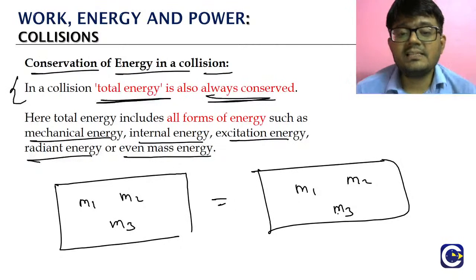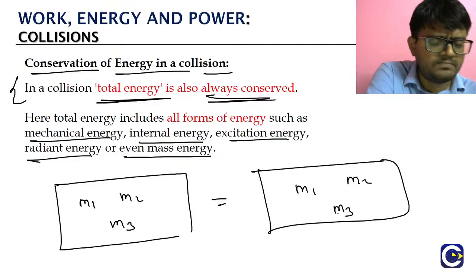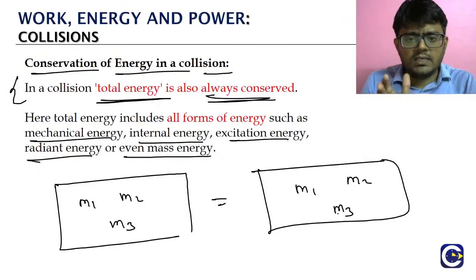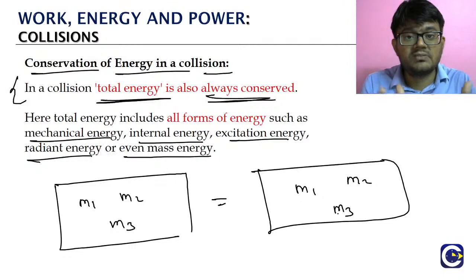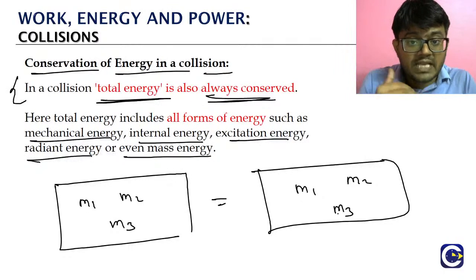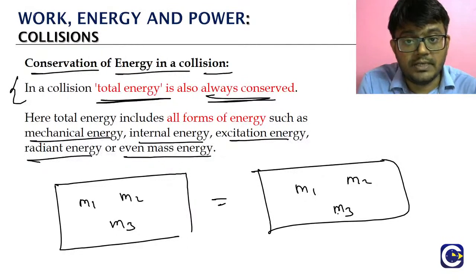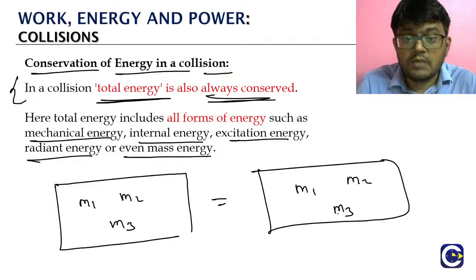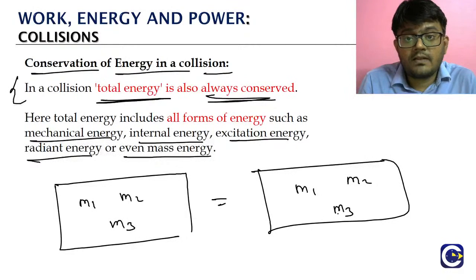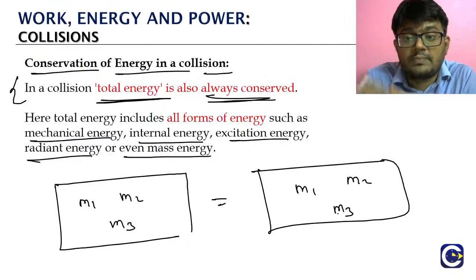But this is a very theoretical statement, because energy can neither be created nor be destroyed. Only it can be changed from one form to another form. Like, for example, when we see the collision of two cars, what actually happens? We'll see that a lot of sound comes. Maybe sometimes fire also will come. So the kinetic energy of the particles is converting into sound energy, or light energy, etc. So the energy can change from one form to another. But if you add up all the energies, the total energy of all the particles before will be equal to the total energy of all the particles after.